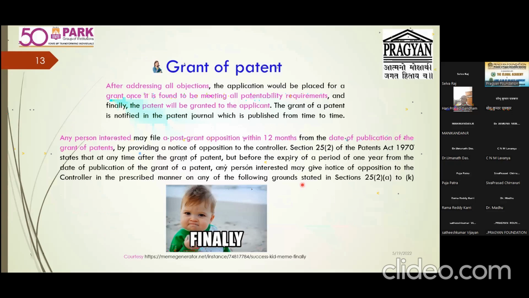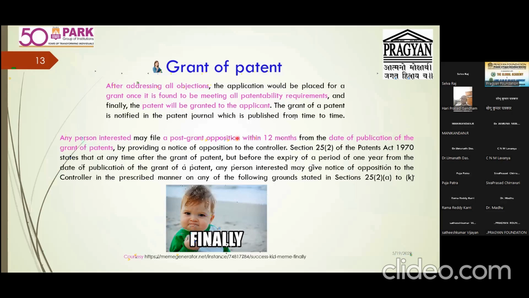Even the fees is reduced, 80% of the fees is reduced for organizations. So the same fees apply for natural persons and for organizations: 1,600 for natural persons, 1,600 for any organization like a college or university. 80% of the amount is reduced. So these are the amendments, what is happening in the Indian Patent Act, very important.